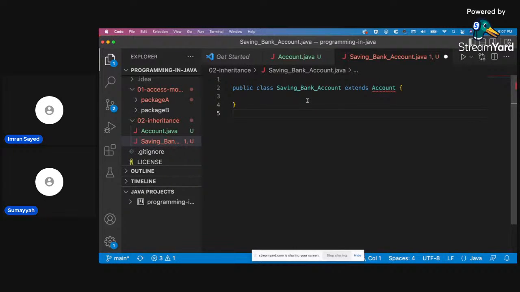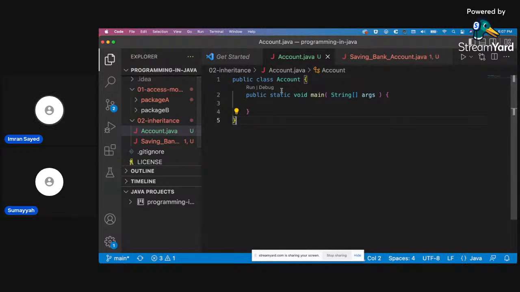Do you have to create a package for that and import it? If account is public, I think you can access it like this. No, it is public. Then why is it not able to access it?